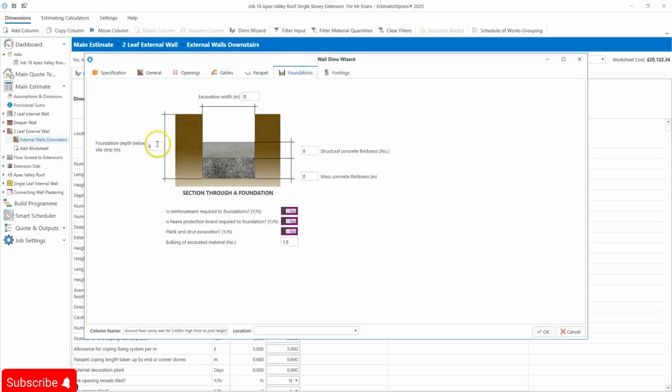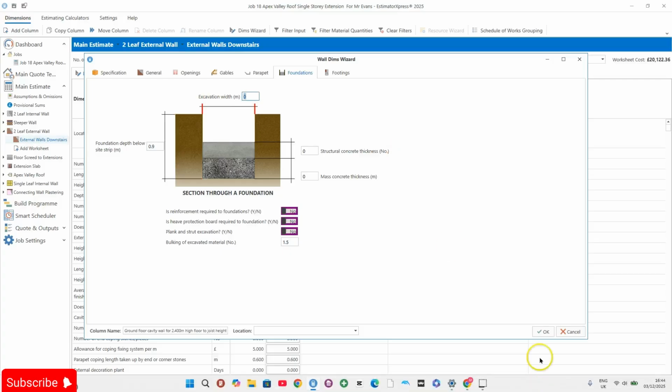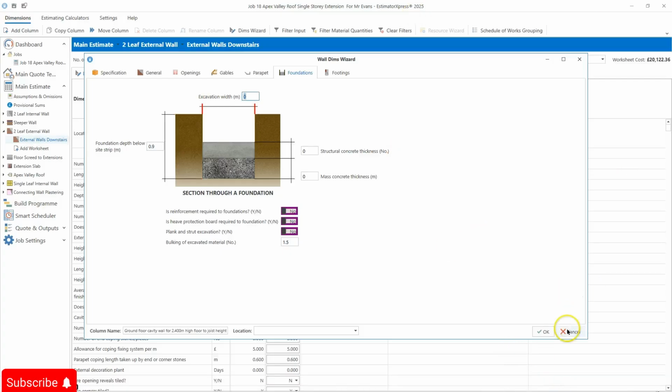Click through onto the foundations, and we can confirm the foundation depth below the site strip, and we obviously confirm the actual width of the excavation that we need there, and the structural concrete thickness that's required. Obviously make certain it's always in meters, so 1.2 meters. If you put 1200 in here, it'll be 1200 meters wide, which we don't want. Also, we can confirm the structural concrete thickness as we require, so 0.9 here,